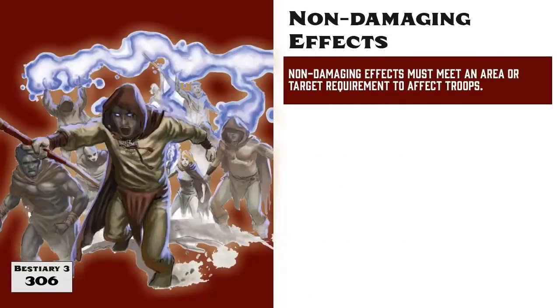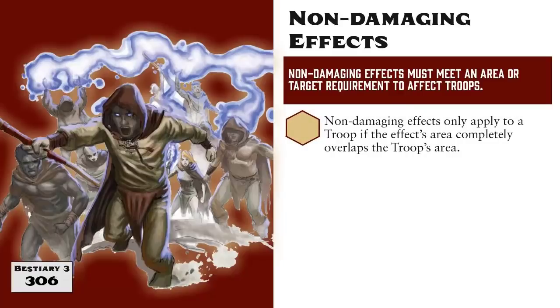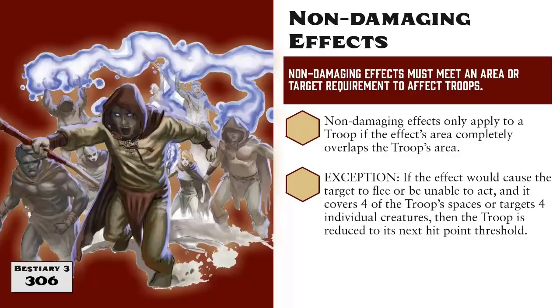For any effect that doesn't deal damage, it only applies to the troop if its area encompasses all of the squares that the troop occupies. If the effect has a smaller area, then it usually has no effect on the troop. I say usually because there is an important exception to this. If a non-damaging effect can target at least 4 creatures or cover at least 4 squares that are occupied by the troop, and